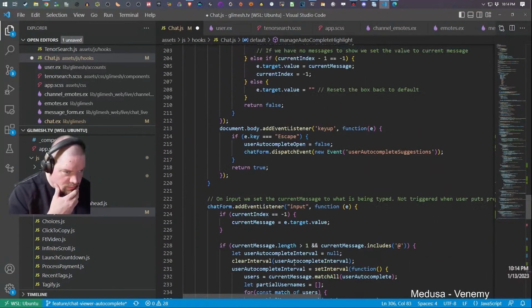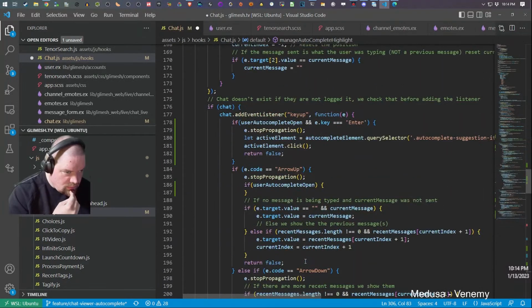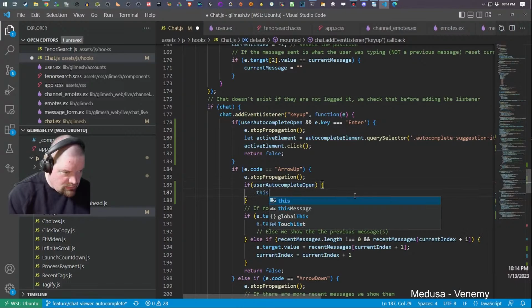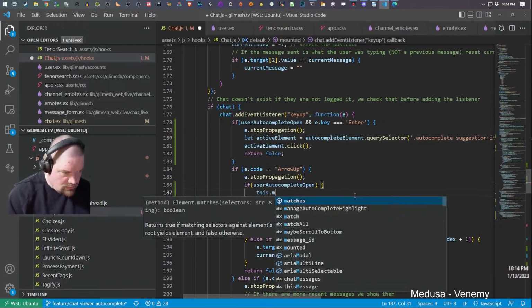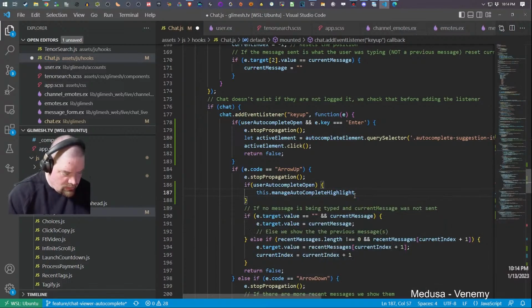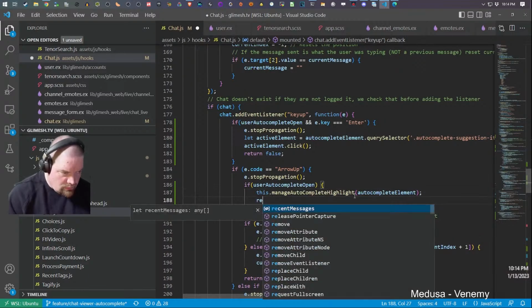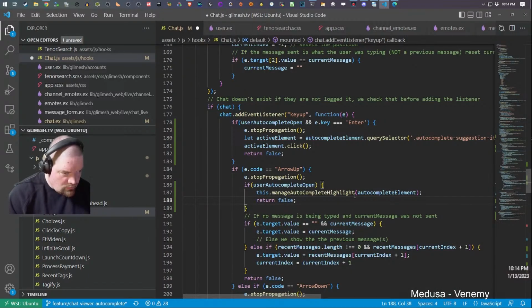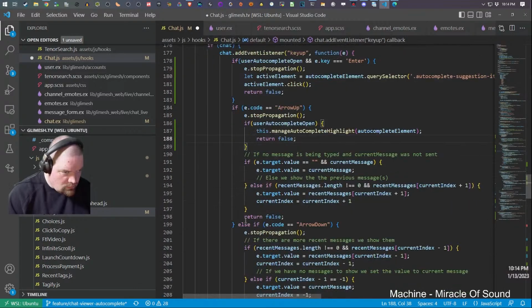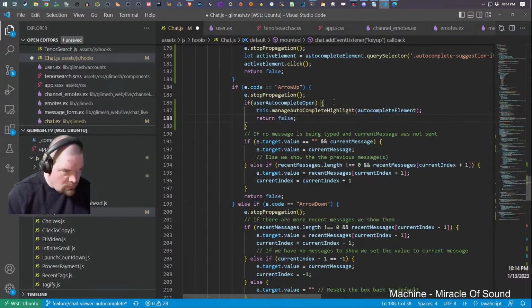That's the highlights. So then I say this dot autocomplete highlights, autocomplete elements. And just return false. All right.